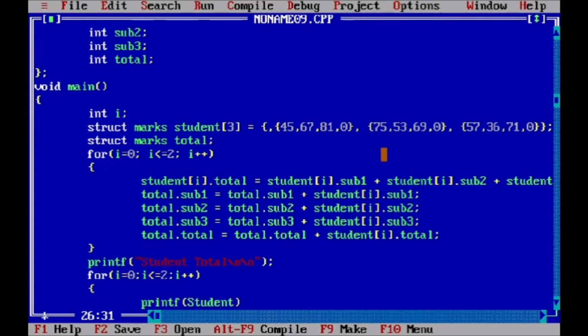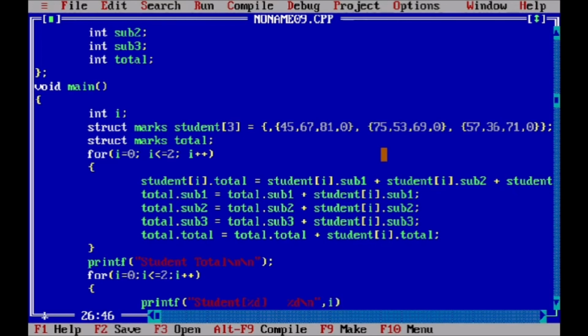So we write here student ith or student 0. For that we write percentage d, obviously, and then we write the marks of it. Where the marks are actually stored, they are stored in student I dot total. So first we write I and then student I dot total.